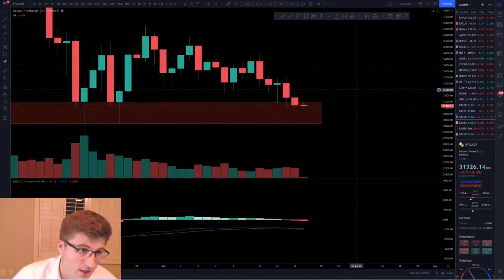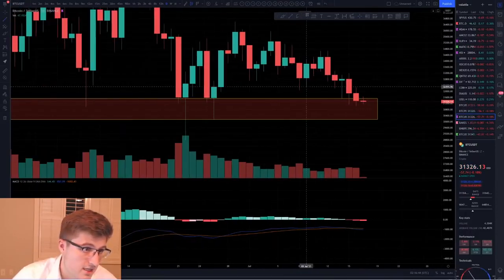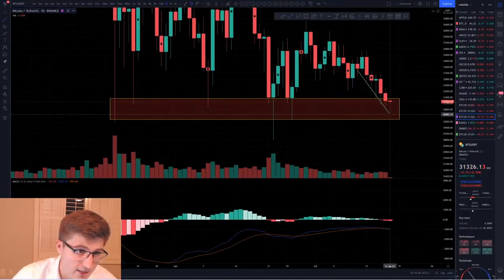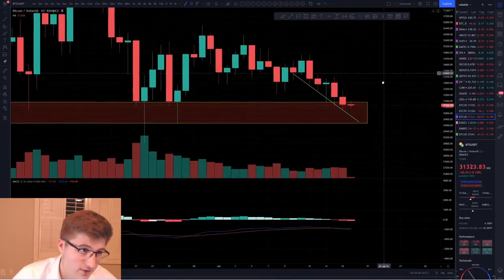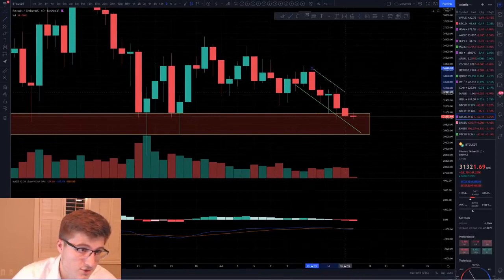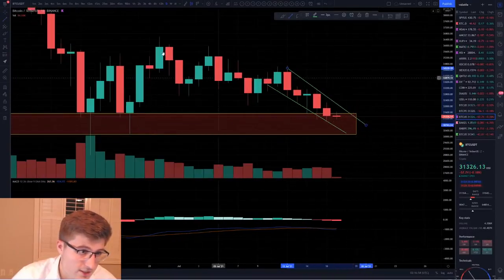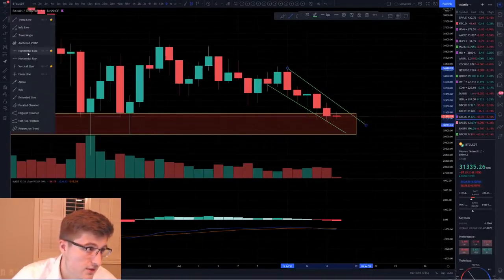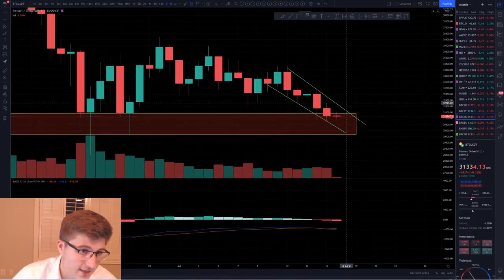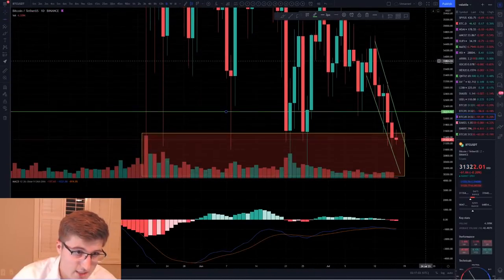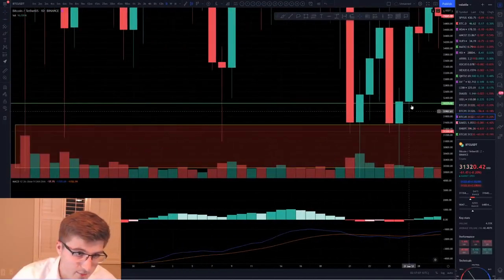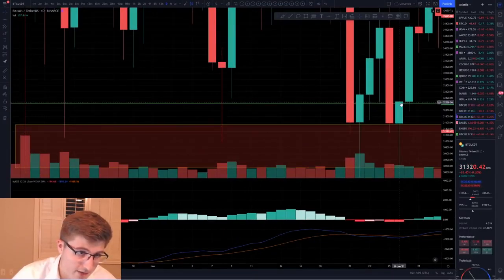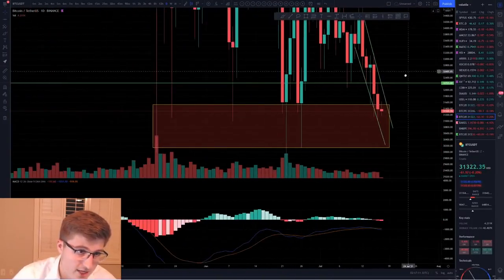So let's draw the sort of trend that we're in. At least on the daily, we are in this sort of downtrend, where, like I said, the volatility is right there. We want to see a candle close at least above this 3,200 zone on the daily, if not a little bit higher. Every time we've had candles close above this area right here, we've had a push to the upside.